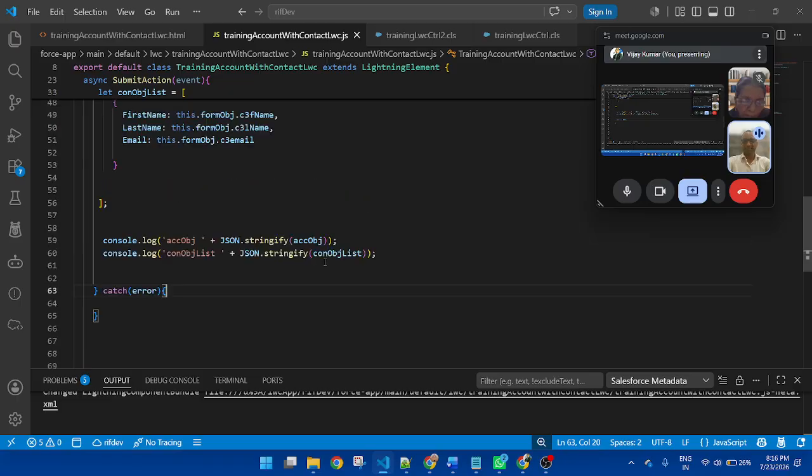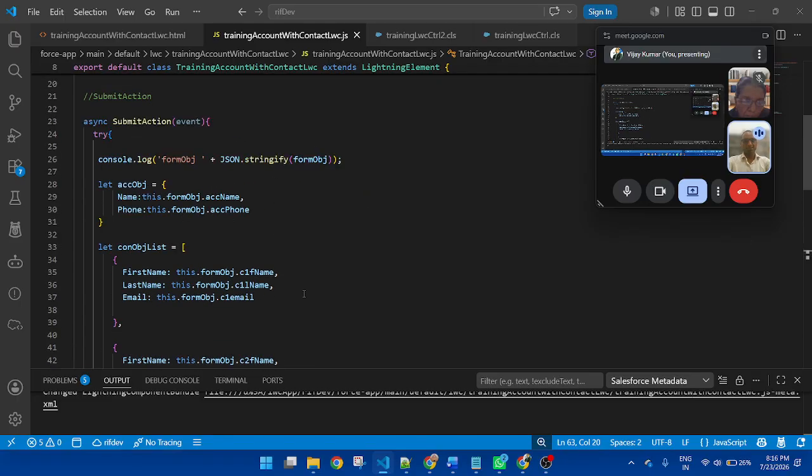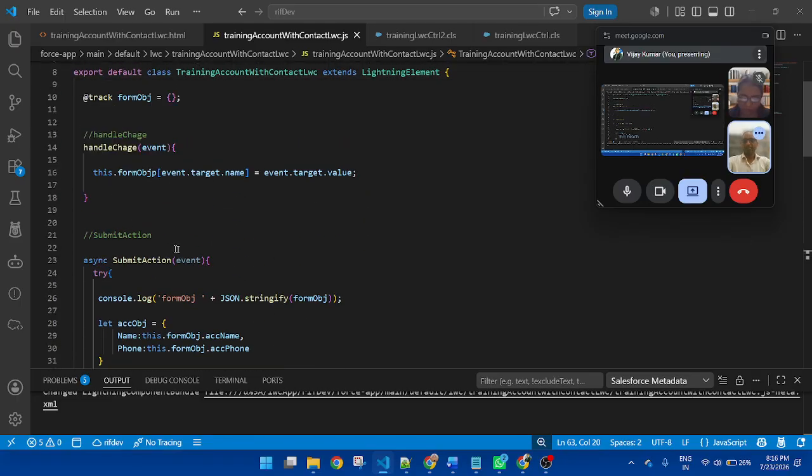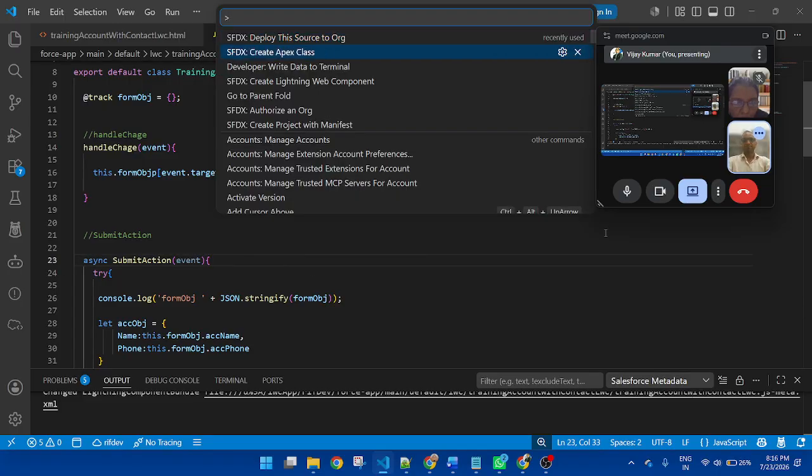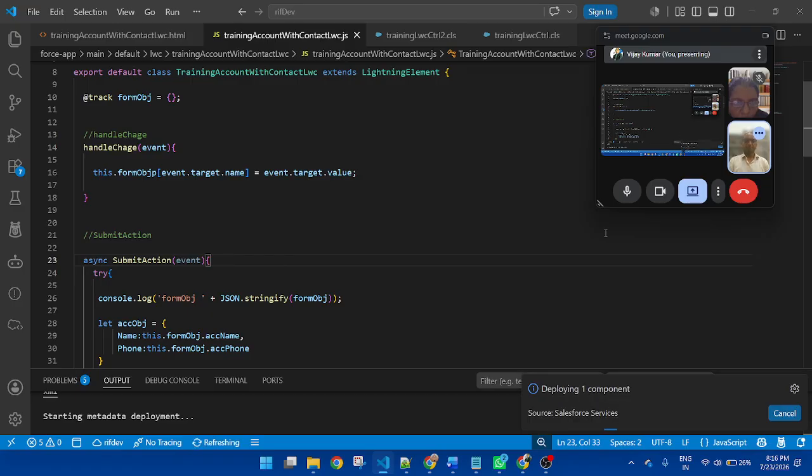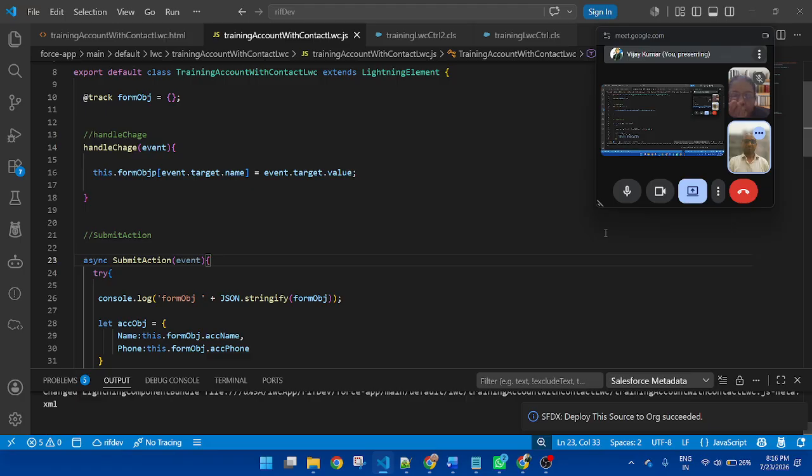Only two blocks I added. Rest of the code is the same. Now let's save, and here also add an async. Now let's save and deploy the code. My code deployed successfully once again.